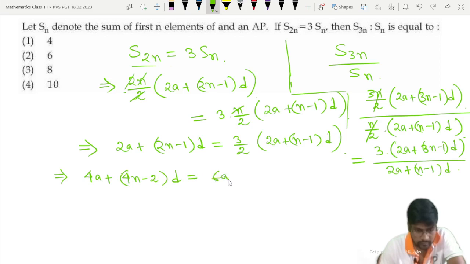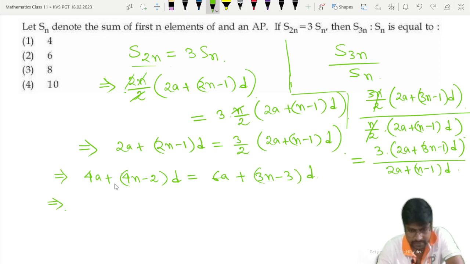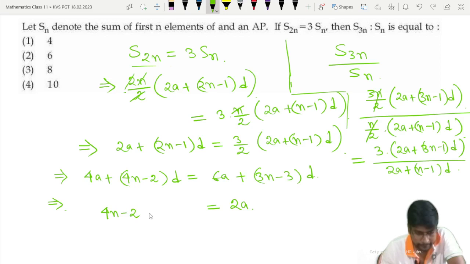This is equal to 6a plus 3n minus 3 into d. So 6a minus 4a, that is equal to 2a. So this side I will write 2a, and this side I will write 4n minus 2 minus 3n plus 3